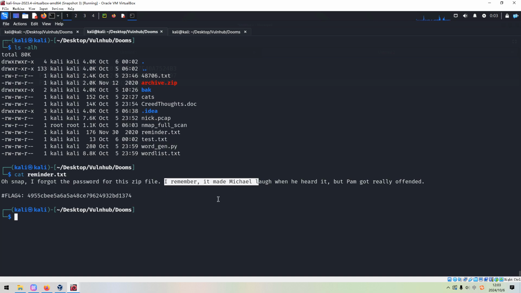I remember when I did the machine, I thought I could use John the Ripper or Hashcat to crack it, but it was not successful. Actually, here, this should be the hint left by the author. I remember it made Michelle laugh when he heard it, but Pam got really offended. I think from my point of view, this step would be difficult for me to pass through. And anyway, let's go back.